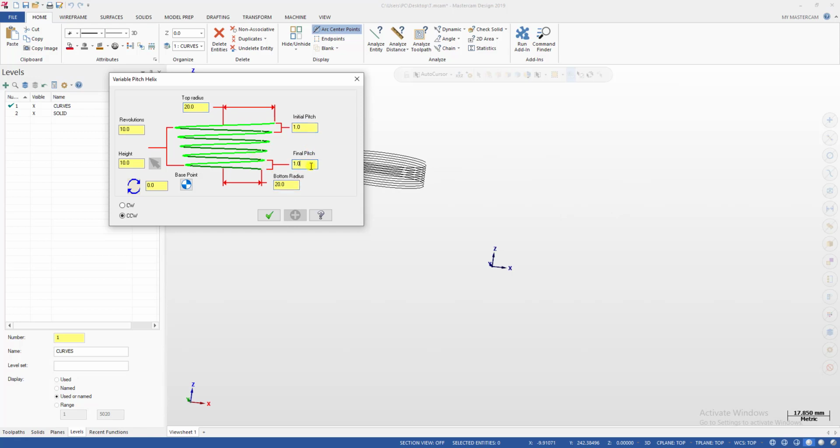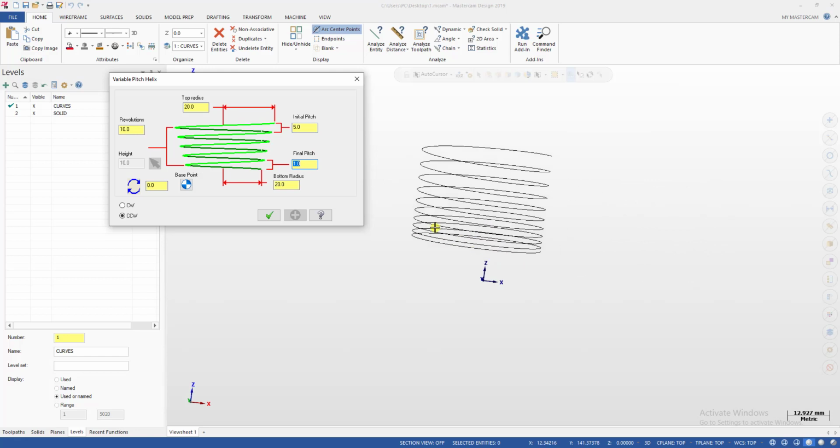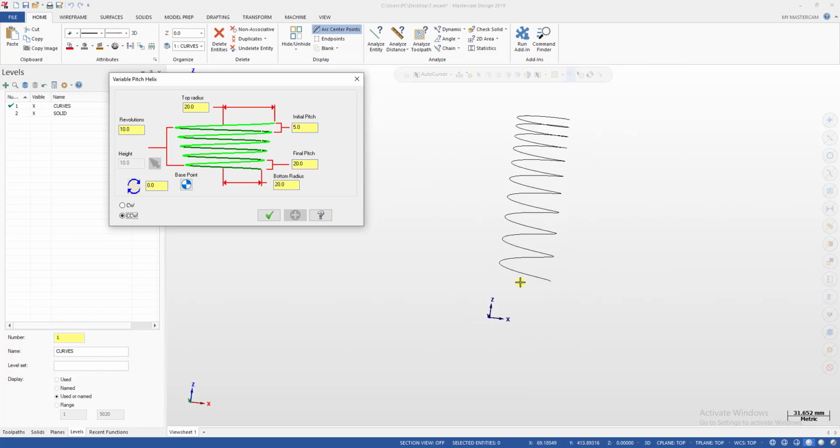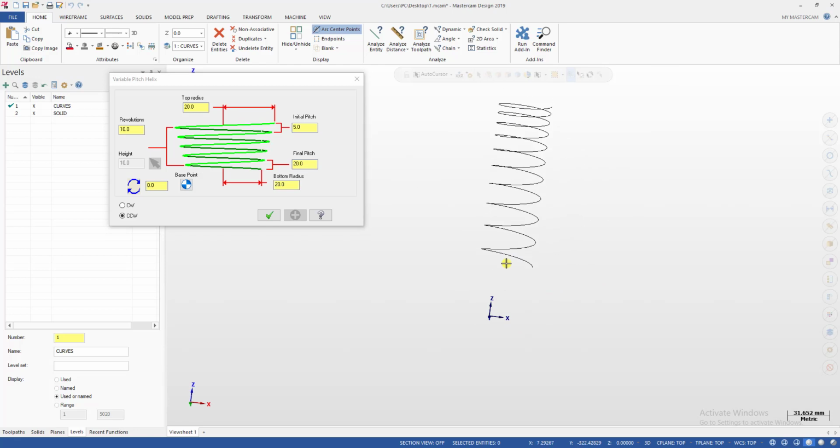Okay, so you can see here this allows us to input the start pitch and the final pitch of the helix. For example, I want to create a helix with a start pitch of 5 mm and about 20 for the last pitch. You can see the pitch is changing,